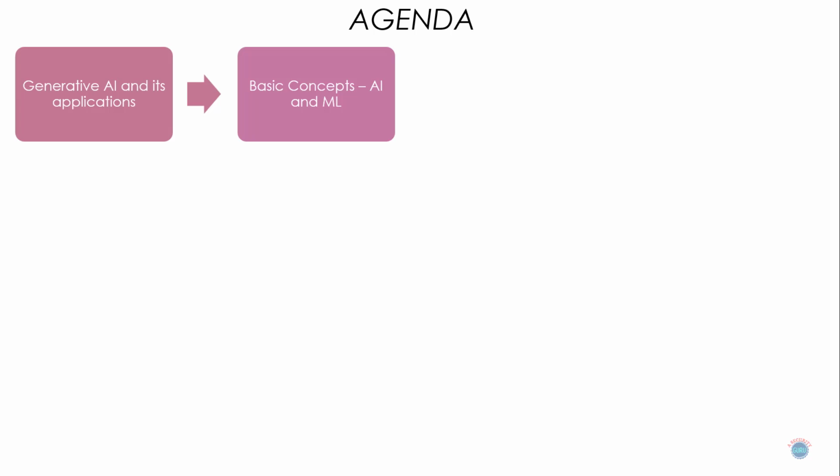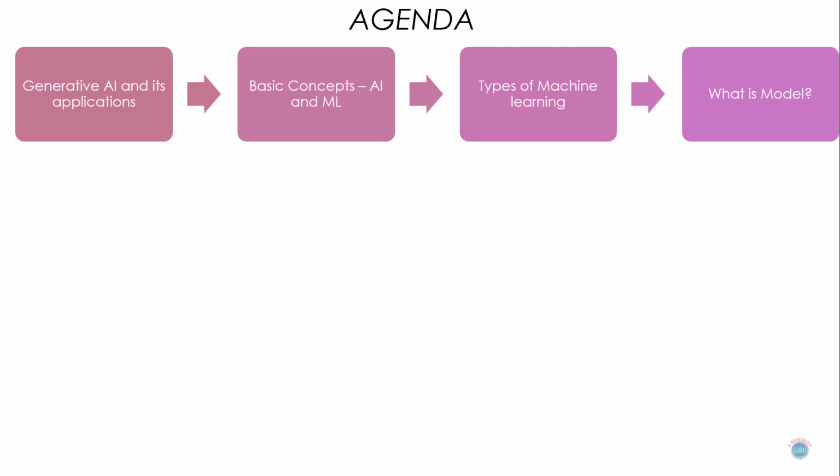Once we have established this basic concept, we will move to the types of machine learning, because we need to know the types of machine learning in order to understand the various AI systems that are available in the market. Once we have completed this, we will move to the next step, which is very important. We need to understand what is a model. We will take a simple analogy to understand a model, and we will then learn about the machine learning process